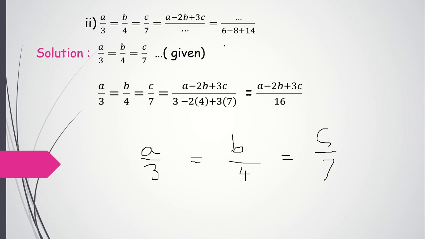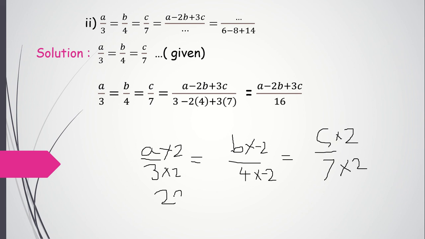Here we have 6. 3 2s are 6. So that means this is multiplied by 2. Then only it became 6, right? So multiply here also by 2. Then here we have 8. Multiply by minus 2. And then we can add. If you multiply by 2, you have to subtract. Multiply by minus 2. Then we have 14. That means this is also multiplied by 2. 7 2s are 14. So in the numerator, what do we get?